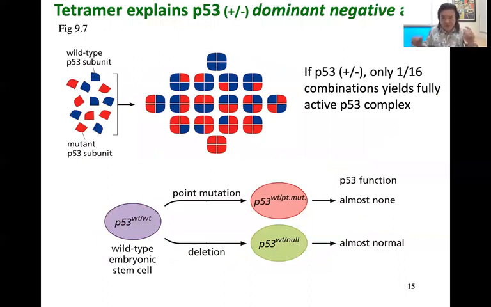This is why you have this very strange phenomenon with p53. As I pointed out to you before, p53 plus/minus genotypes are dominant negative, meaning that in other tumor suppressor genes like PTEN or RB, if you're RB plus/minus or PTEN plus/minus, you're still okay, in the sense that the plus allele means you're making the functional form of the protein, so you have some of it to do its job. Why is p53 different?